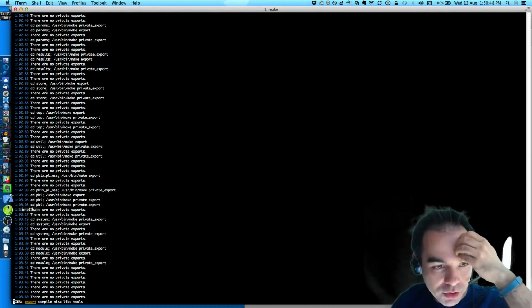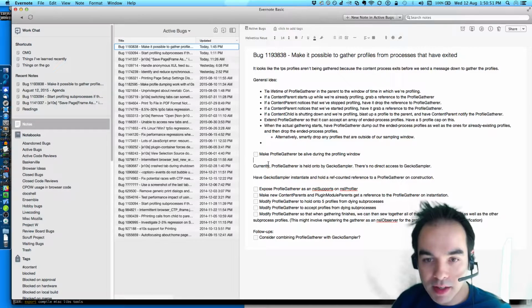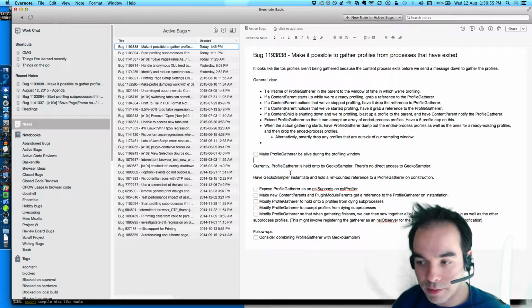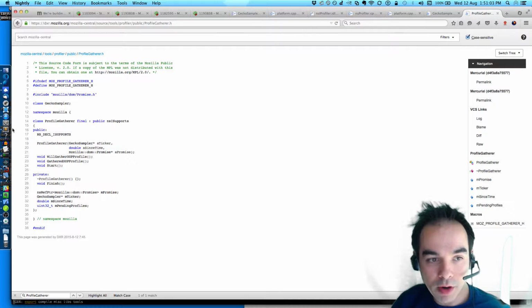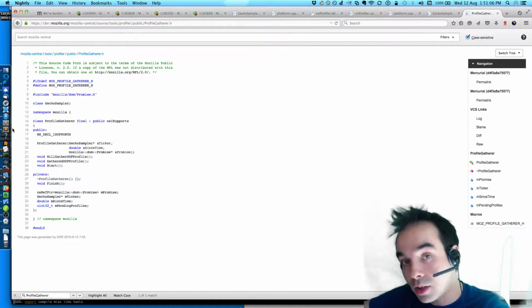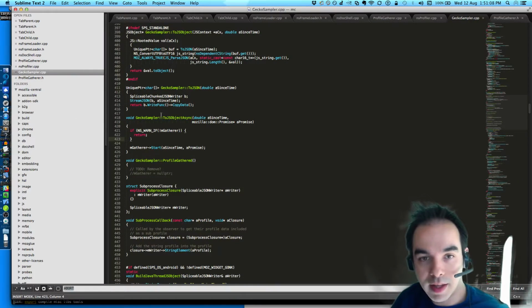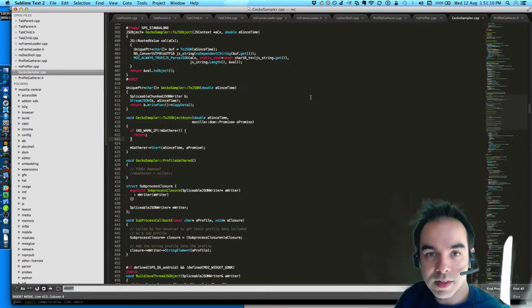So hopefully this build won't take too long. In the meantime, let's think about what we're going to do next. Let's assume that this part is done, but I won't check it off until I verify. So the next step will be to expose the profile gatherer on nsIProfiler, because that's how other parts of Gecko that are not under the profile directory talk to the profilers, through this interface. So let's check that out.